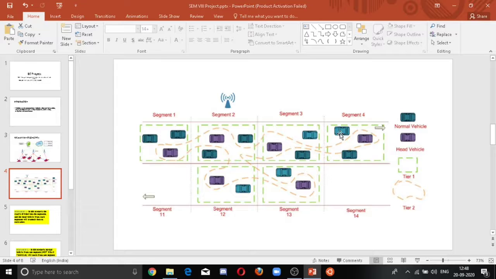As you can see in the diagram, head vehicles, that is the violet colored vehicles, will transmit data from one segment to another segment. That is, traffic in the communication has been reduced, which means it will reduce the delay and increase the throughput. So data transmission of this geographical segment architecture can be shown through three scenarios, using NS2 simulation, which can be run on Windows as well as Ubuntu.